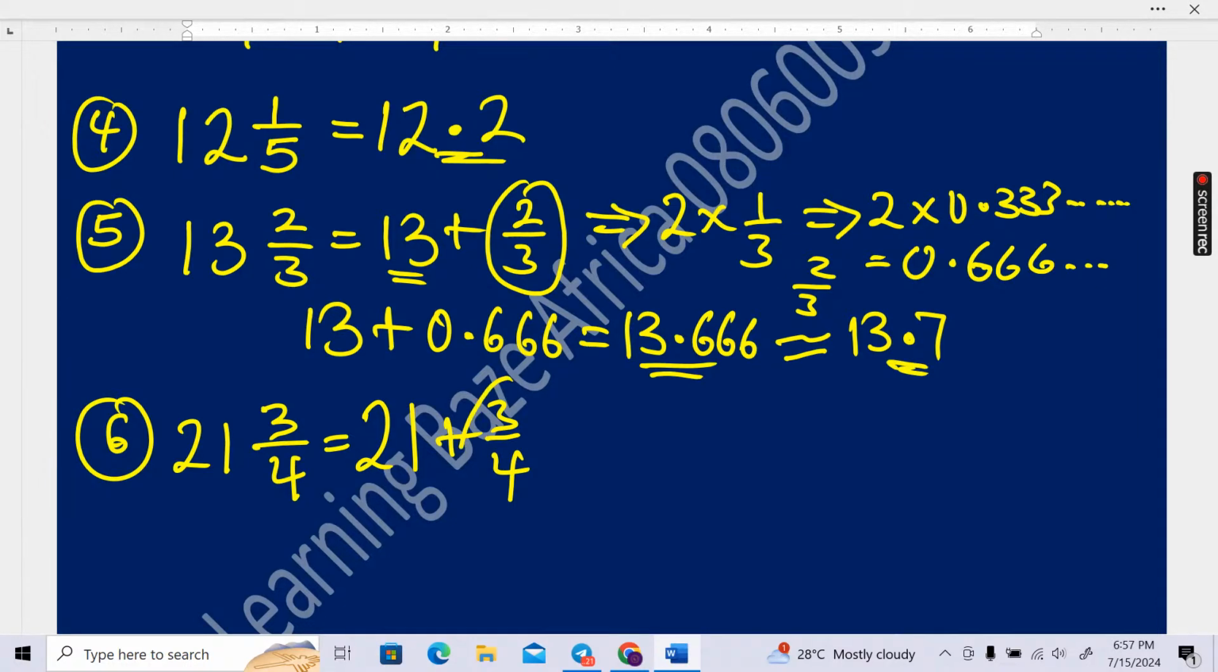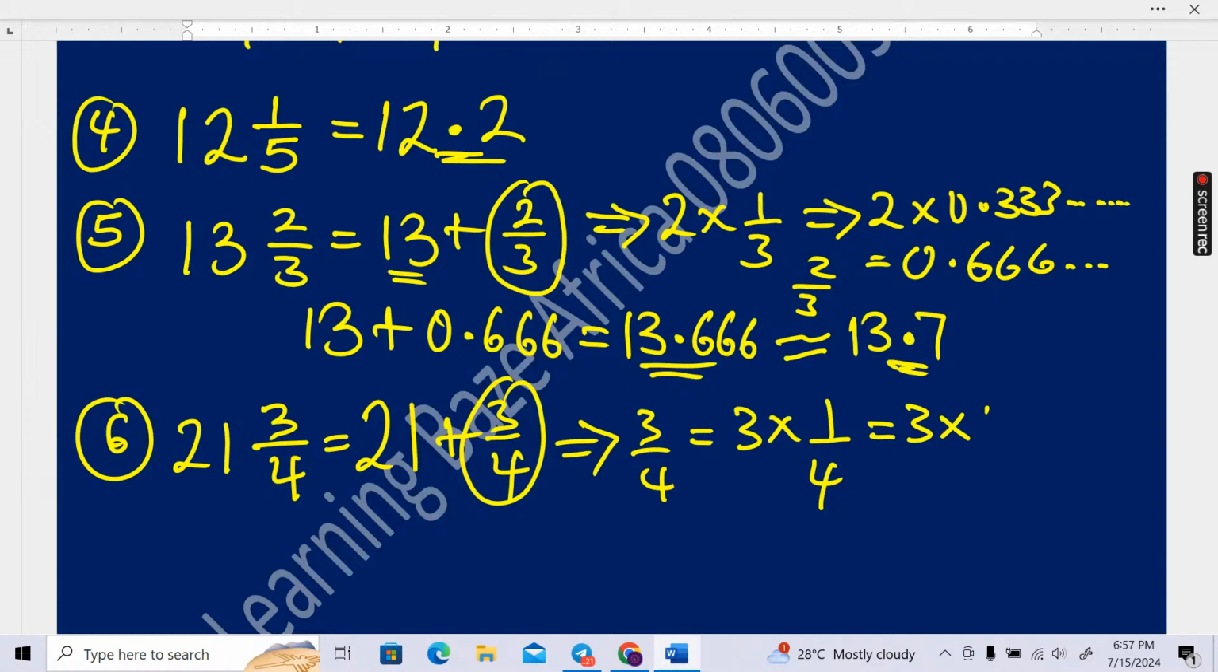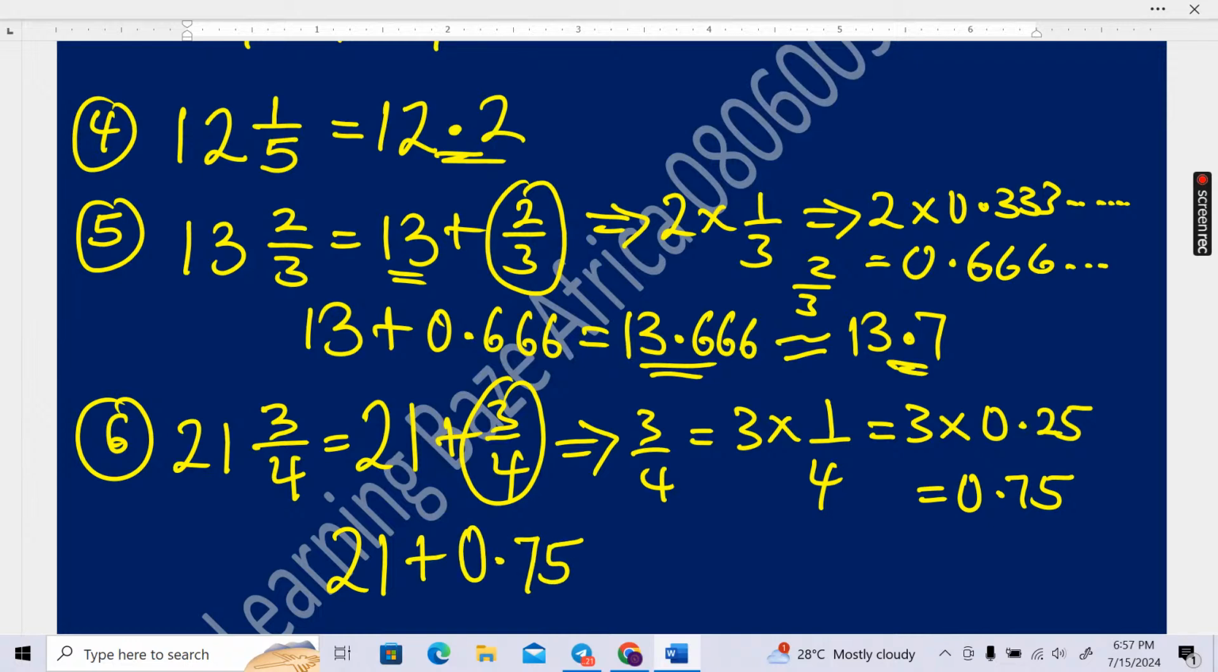Now, let us analyze 3 over 4. 3 over 4 is the same as 3 times 1/4, okay? That's 1/4 in 3 places. And that will be 3 times 1 over 4 is 0.25. So when you multiply that, you will have 0.75. So that will be 21 whole number plus 0.75. It means 3 over 4 is equal to 0.75. So the final answer will be